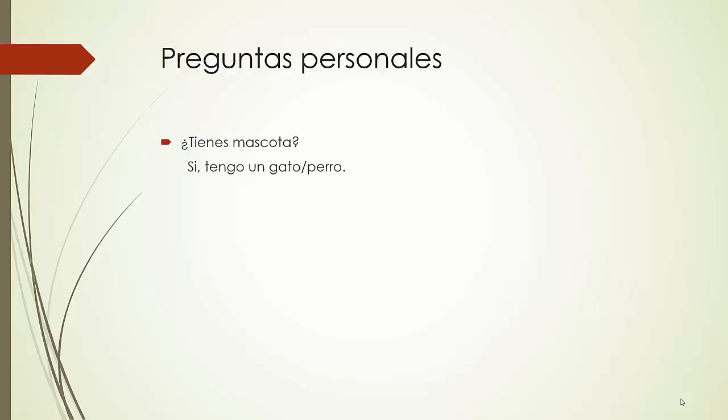Now, gato is another word that I'm just giving you, and you don't have to know it unless that's what you've really got. The book is not an equal opportunity pet owner. It only gives you the word for perro, which is dog. Notice that perro, with a rolling double R, is the word for dog, but if you only have one R, pero, that's the word for butt. That's why those rolling R's are important. Pero means butt, perro means dog. And then a gato is a cat. So I wanted to at least be an equal opportunity pet ownership here.